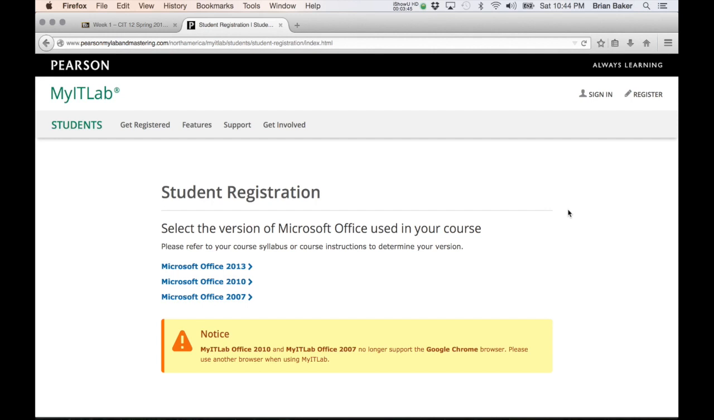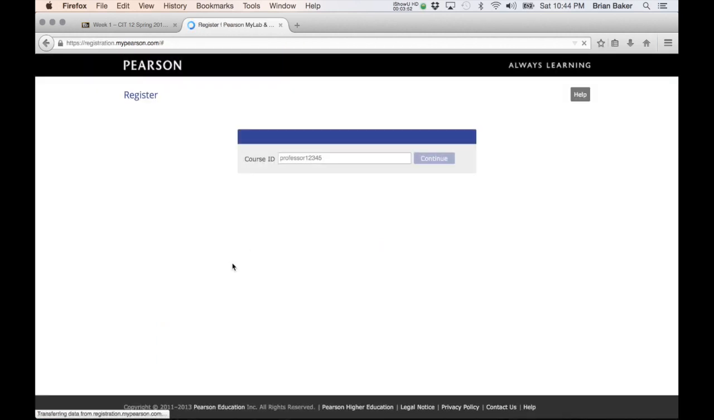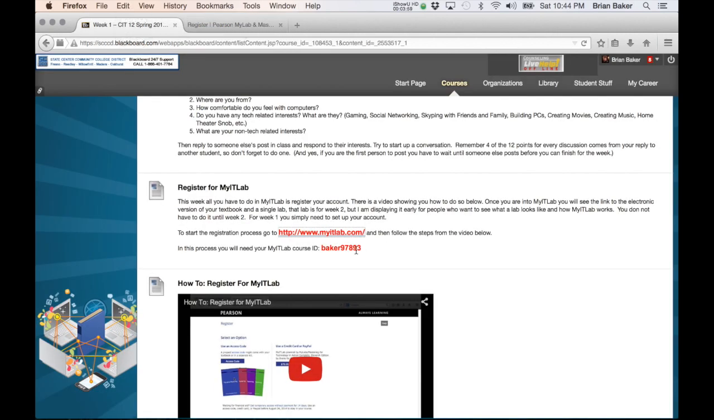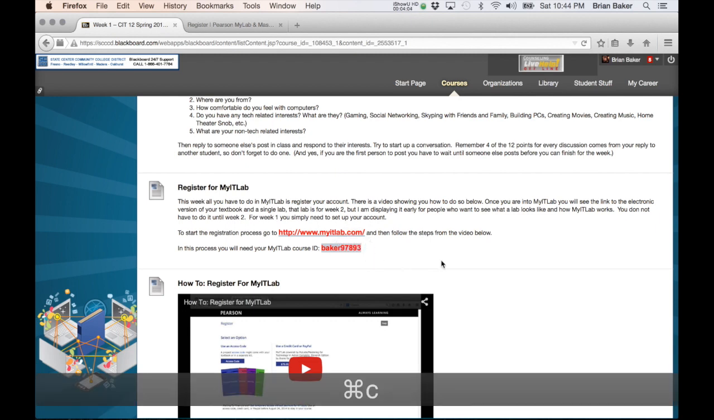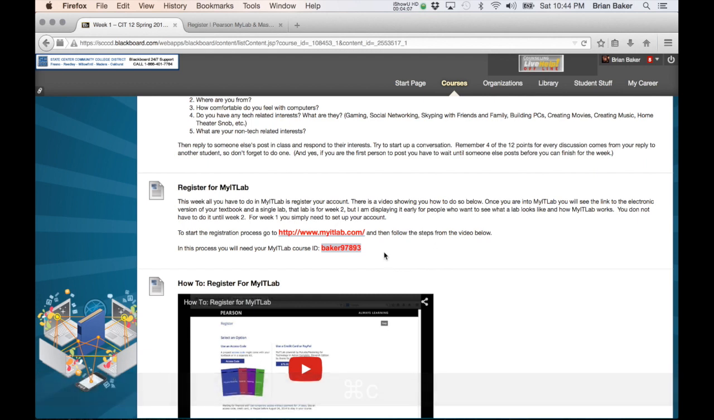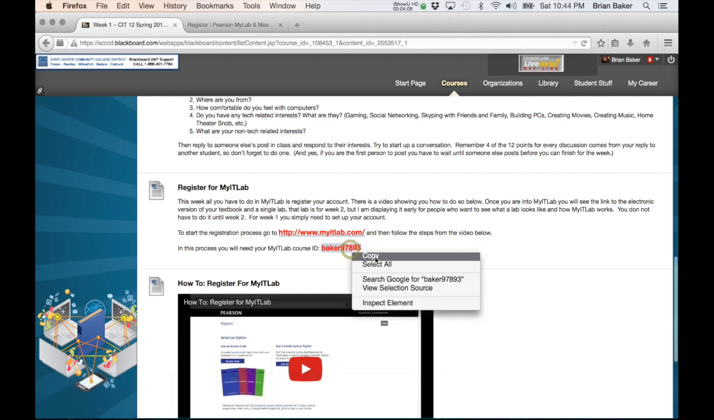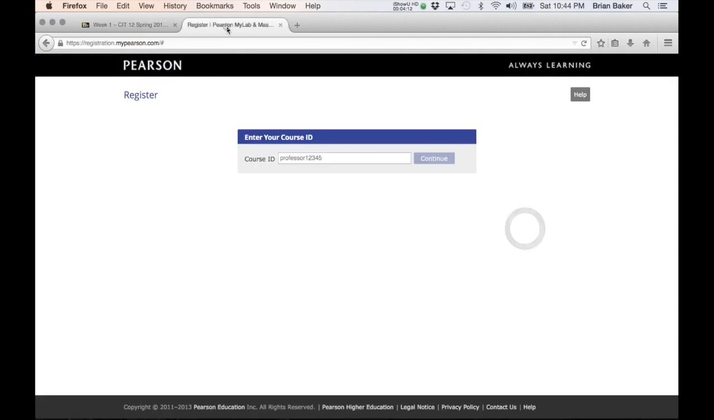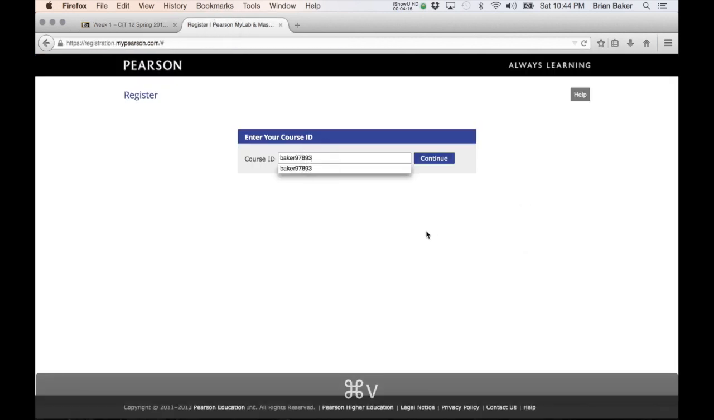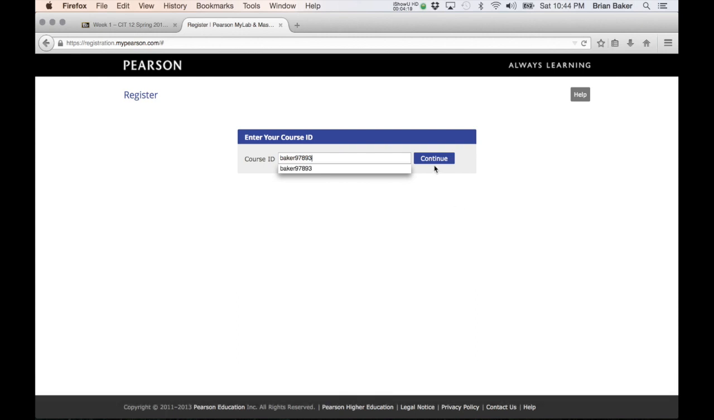The version of MyITLab that we'll be using is Microsoft Office 2013. That's the most recent, so that's one we'll be covering. Go ahead and click on that. And the first thing it asks you for is a course ID. It wants to make sure you get put in the right course. So I'm going to go down here, double click to select that. I'm going to hit Command C or Control C, depending on the computer you're on. You could also right click and choose copy. Both methods will work. And then click in the field, paste using Control V, Command V, or right clicking and choosing paste,